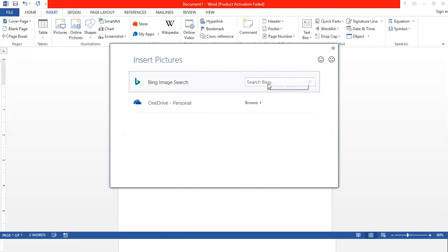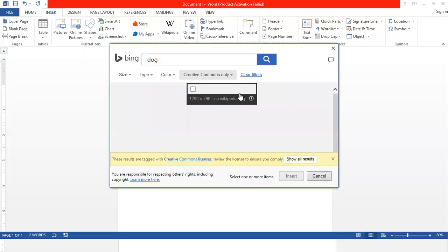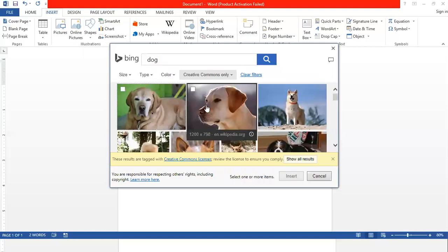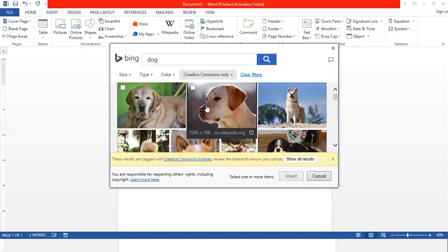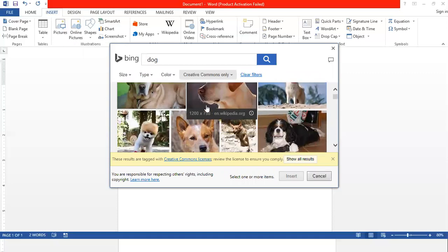Then in the search bar, search the image which you want to insert. So again, I'm going to insert a picture of a dog only. So just type the word, press the enter key, and it will show you some of the pictures related to your search term. So whichever search term you have used, according to that, the pictures will appear.